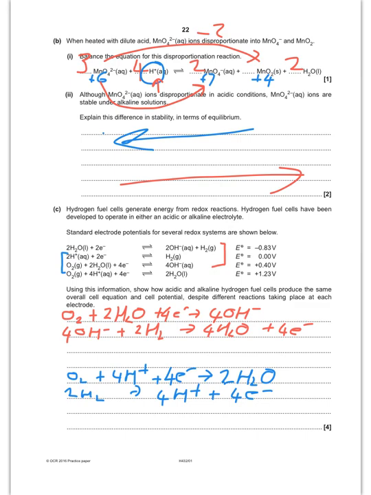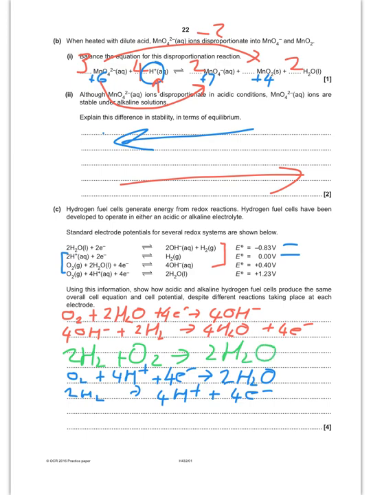So in red I have written the equations for alkaline conditions, and in blue those are the equations in acidic conditions. You need to make sure that they have 4 electrons so that when you add them together, you need to times this equation here and this equation by 2, which I have done, and when you add them together you will end up with the same overall equation as being 2H2 plus O2 goes to